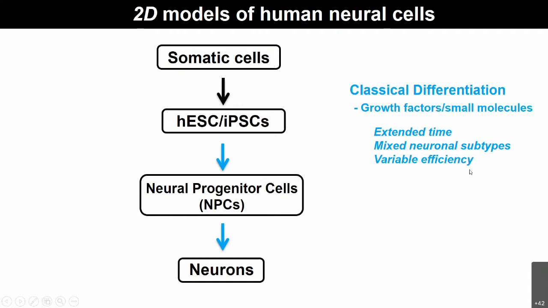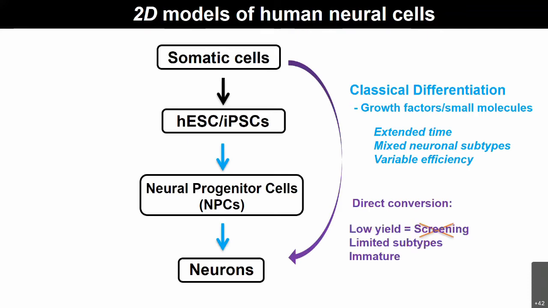So when I was in grad school, we thought about this way as a direct conversion. Starting from dermal fibroblasts, we put in genetic materials, transcription factors, or microRNAs, and then that can directly convert into neurons. This is what we call direct conversion or transdifferentiation by many other people. It's cool, it cut down the time required a lot, but it also has its downside. For example, the yield is typically lower, which means you can't do a screen, and there are limited subtypes, and the cells are typically immature.